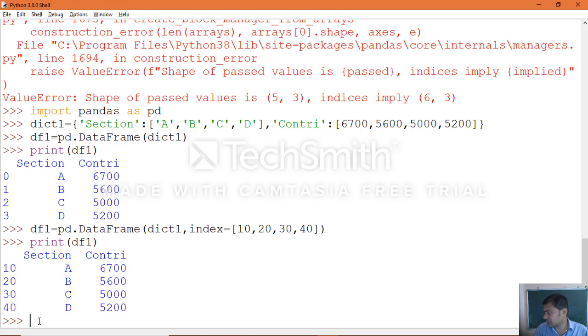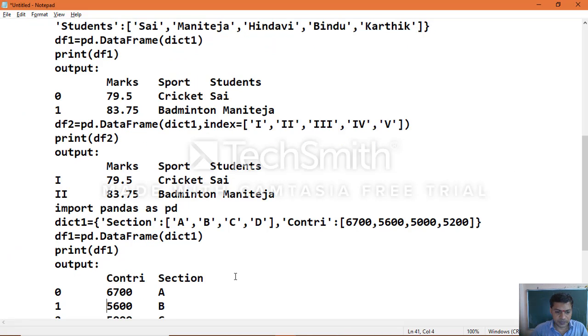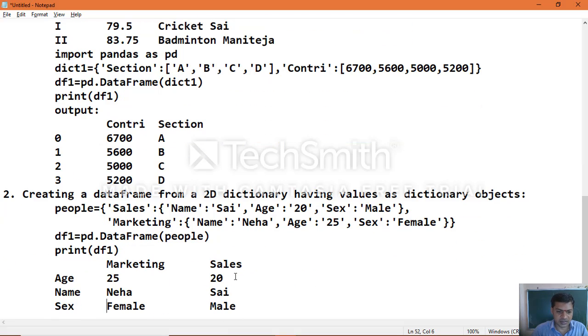Now another example which we saw: dictionary values as dictionary objects. The dictionary has values as dictionary objects. How can we do that example? Let's see, we created another type related to dictionaries.